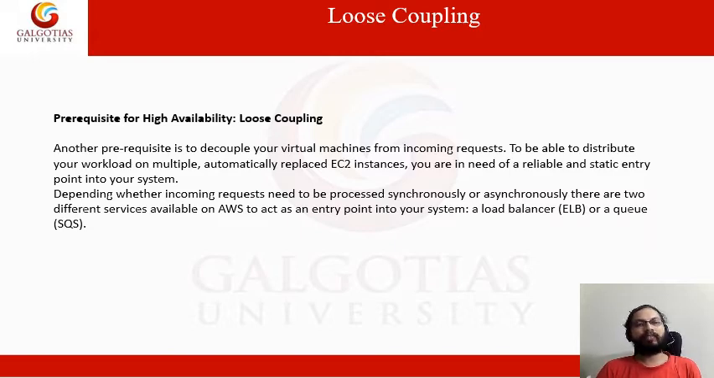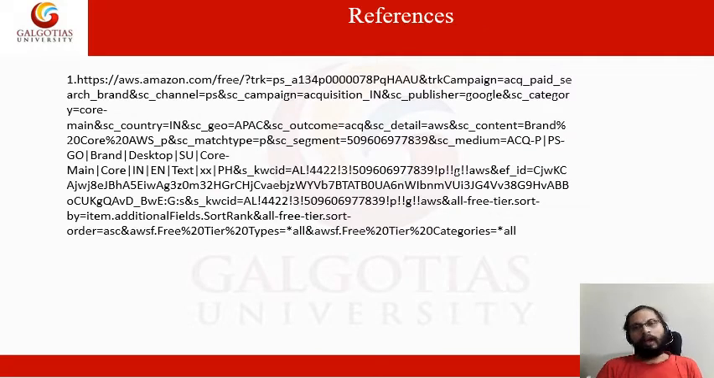There are two kinds of services available in AWS to enter your system. One is the load balancer, ELB, and we are also going to use SQS, right? So with these references from AWS services, we have learned how we are going to put the data in serverless mode, and we are going to control the traffic